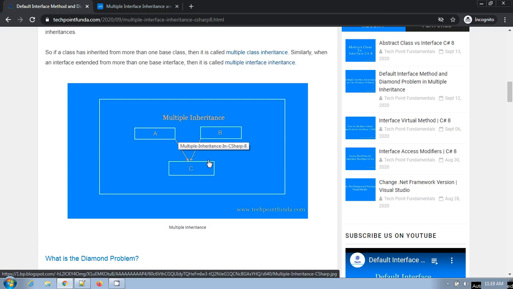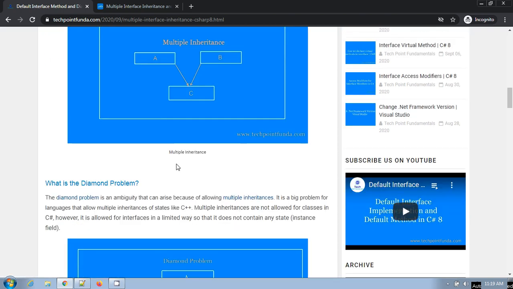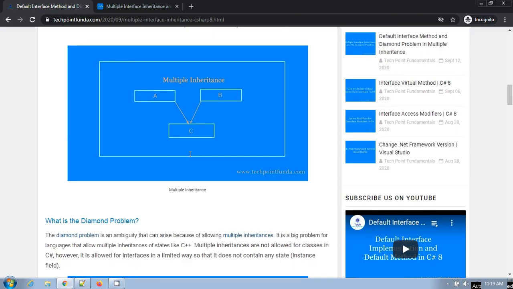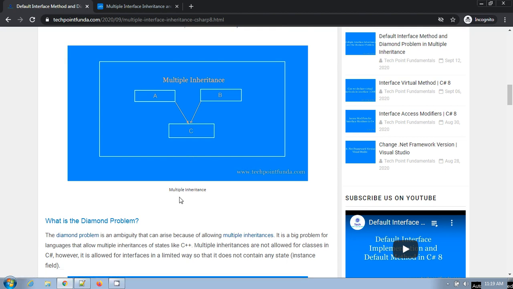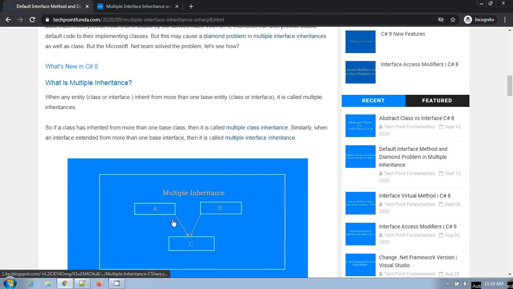So this creates an ambiguity for the compiler at runtime. This is the issue caused by multiple inheritance. In some languages like C++ multiple inheritance is allowed, but there is still this issue.